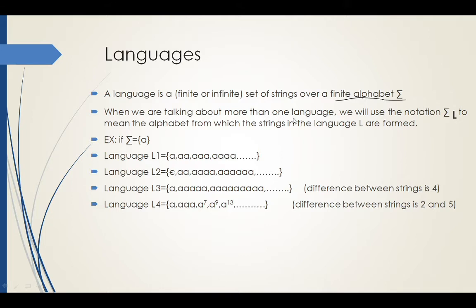Third function is replication, where a particular character is replicated a given number of times. Example, we had taken a raised to 3. So a will occur 3 times in the string. Next function was a reversal function, where we find the reverse of a given string. For example, abb is the given string. When I find w raised to r, that is the reversal of the string, what I get? bba. So these are the four functions that we apply on a string.